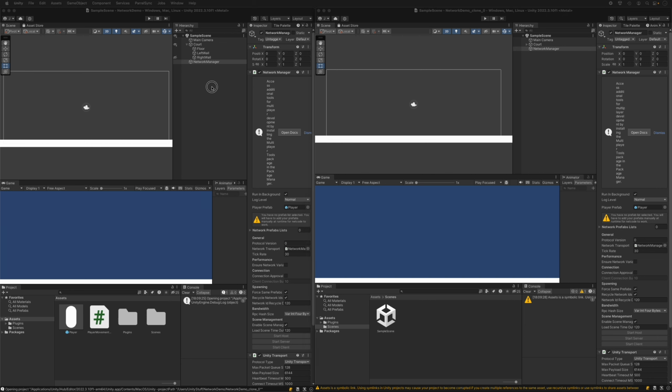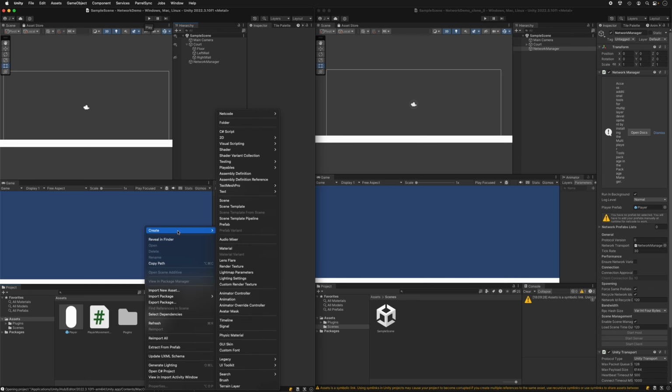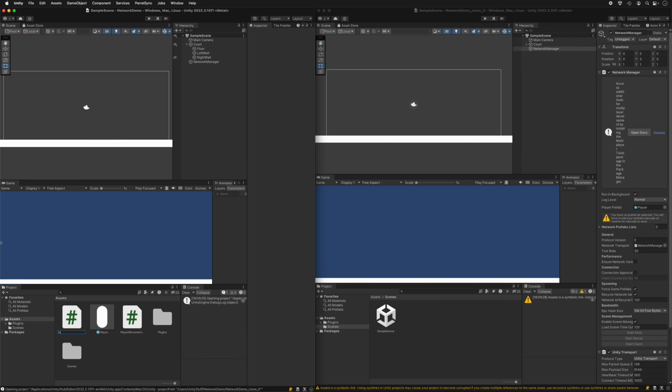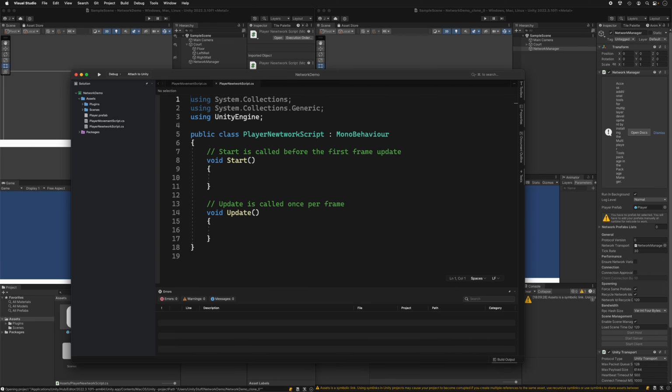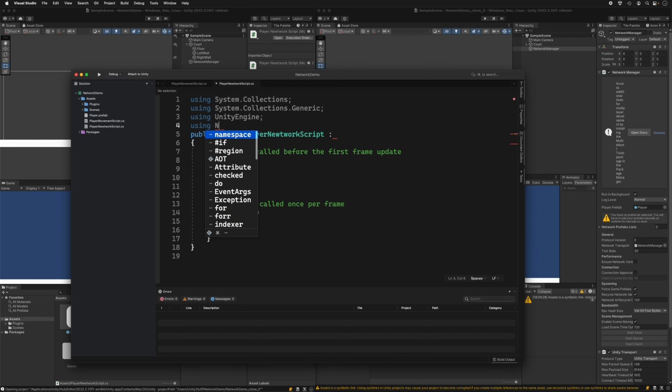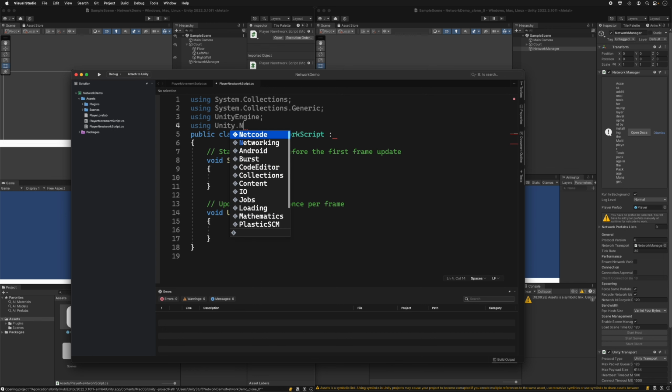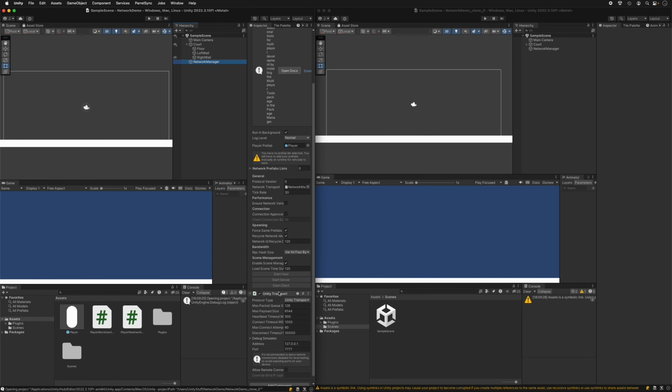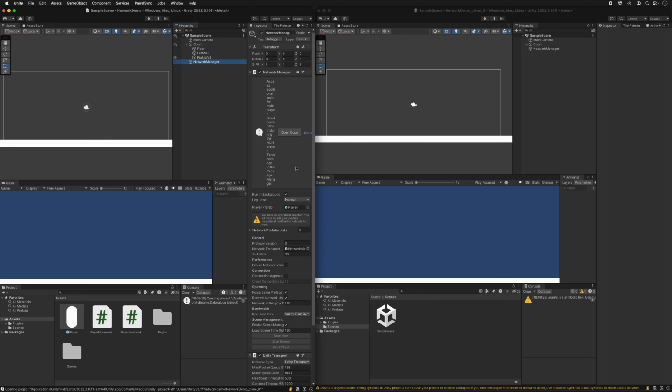So let's make another script, and we will call it PlayerNetworkScript. Down here, I'll rename it PlayerNetworkScript. Let's open that one up. And the first thing we're going to want to do is make sure that we are subclassing from NetworkBehaviour. And to do that, we have to use the proper using, and it's Unity.Netcode. So we could simply send up the transform pretty easily,